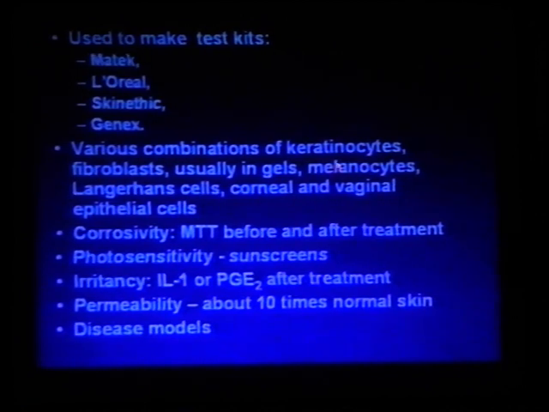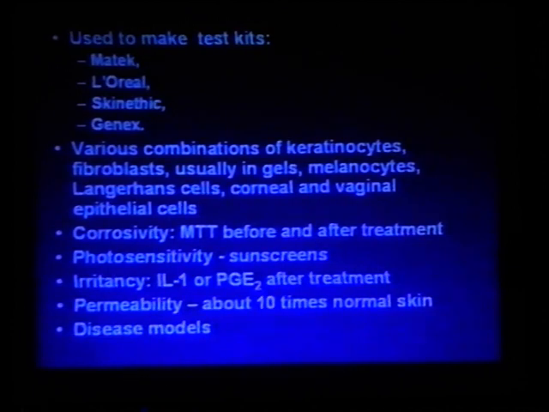But also cells like melanocytes and Langerhans cells have been added to these cultures. So these cultures have got really quite sophisticated. And they're used for testing things like corrosivity of detergents and some of these household products. Everything that's put in, all the cleaning fluids and everything else, has to be tested that it's not going to be corrosive to the skin, and that's performed by measuring NPT reductase activity before and after treatment,